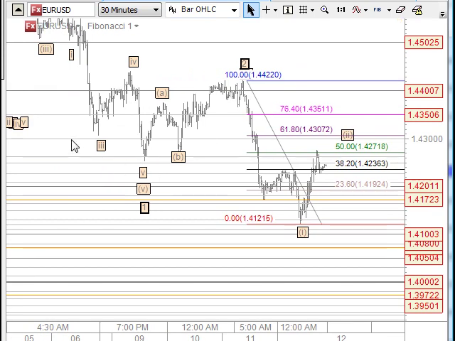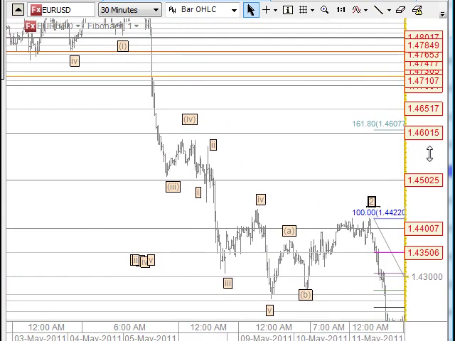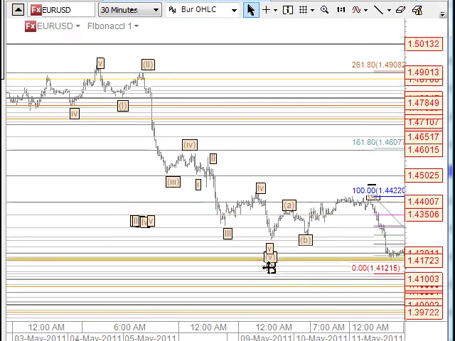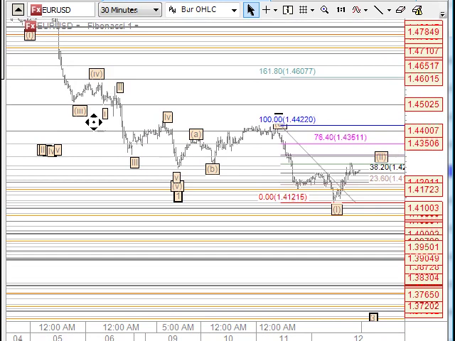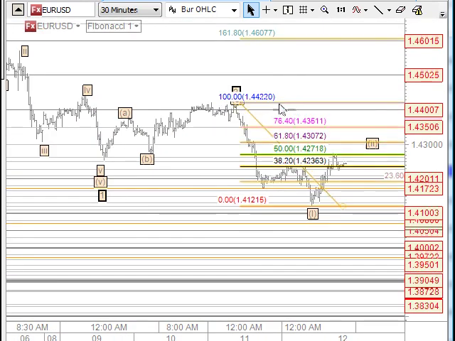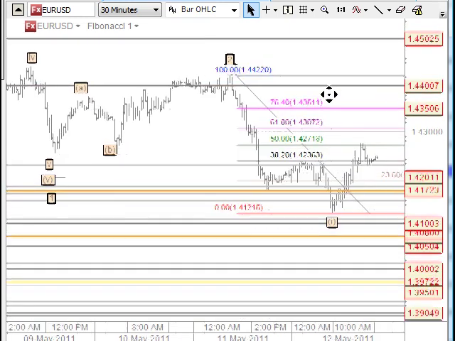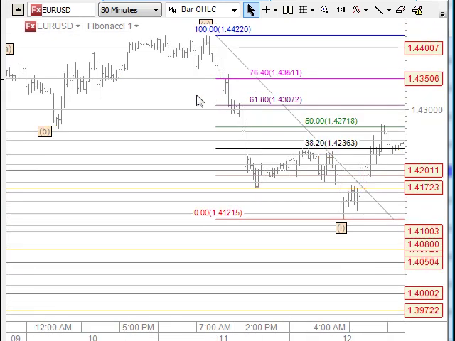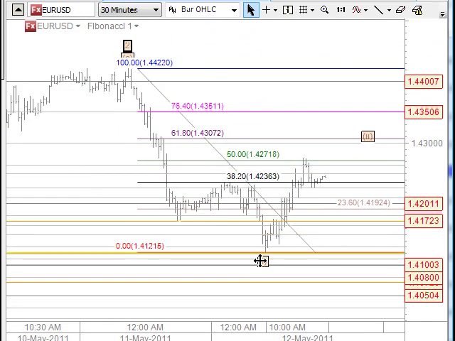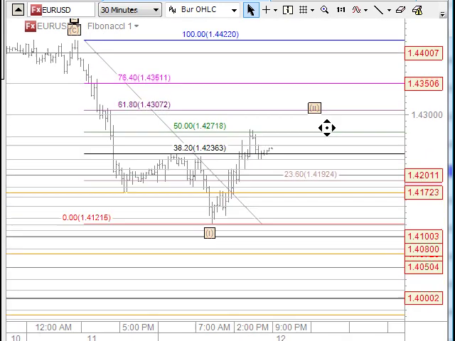Looking at the euro here, we've seen this strong move to the downside for wave 1. Then we've had an A, a B and a C, a very shallow correction, and once that wave 2 has been in place, we've got 5 waves to the downside through here, and we're looking for wave 2 to come back here. The wave 2 at the 61.8 retracement level can come back to the 143. The euro has shallow corrections, so it can be finished where it is here.